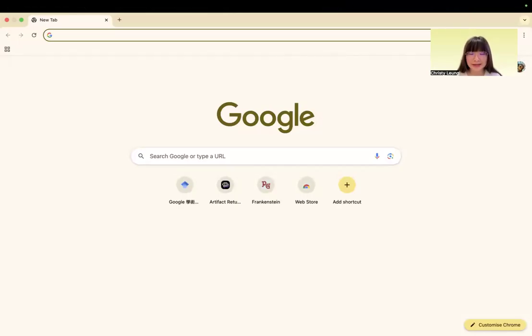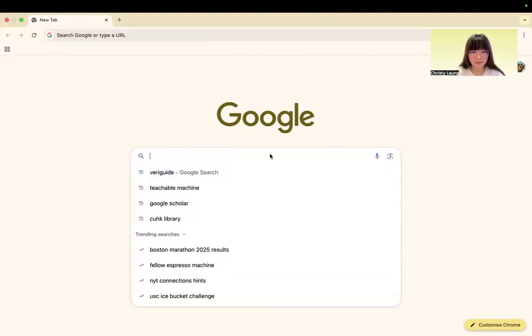So, hi everyone, I am Christy, and today I'm going to share a really entertaining and also easy to use AI tool for our daily lives. I know everyone has been using generative AI like ChatGPT or DeepSeek recently. However, today's AI tool is slightly different from generative AI, and it is called Teachable Machine, which was made by Google. So when we first click on the internet, let's search Teachable Machine